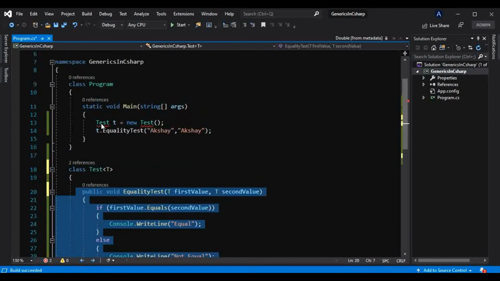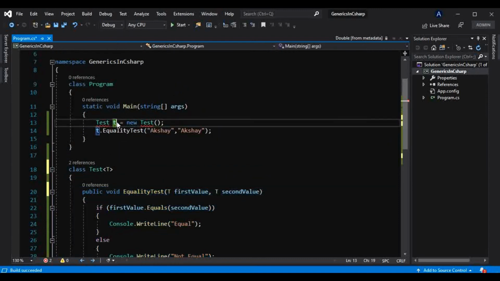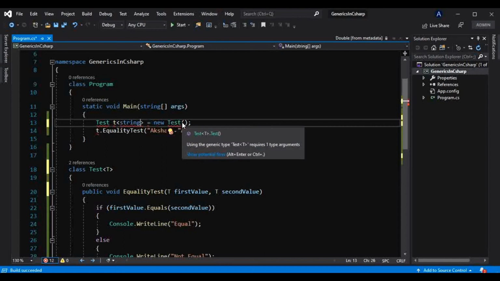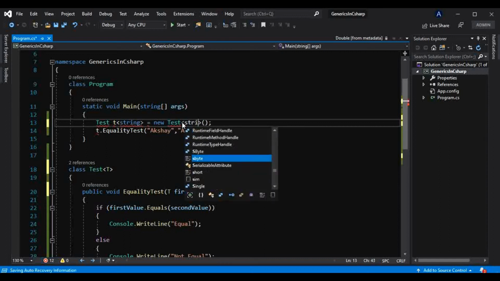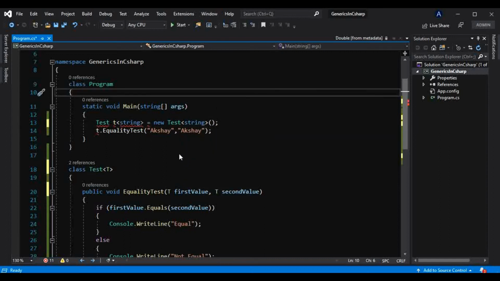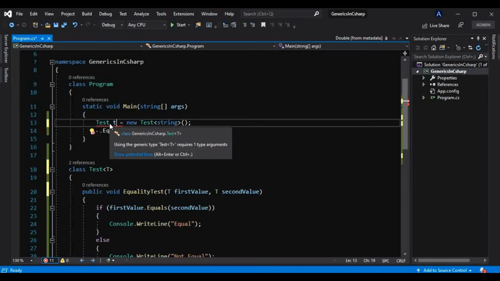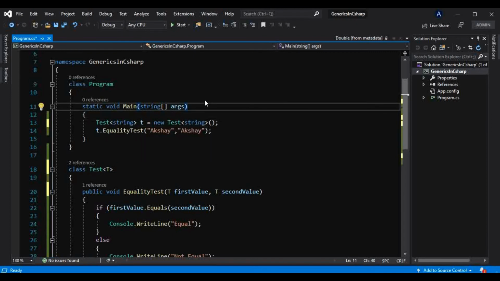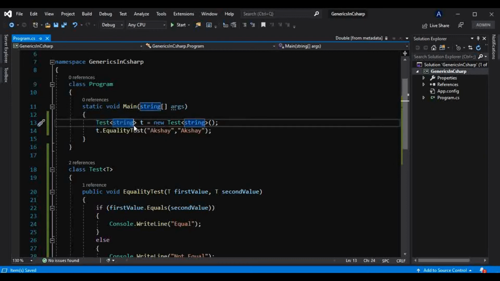Okay, so now it is giving an error because we have made that type generic. Now if I pass string here, something like this, instead of passing that here, I have to use that here. As soon as I make that class string, this method will work on string only.